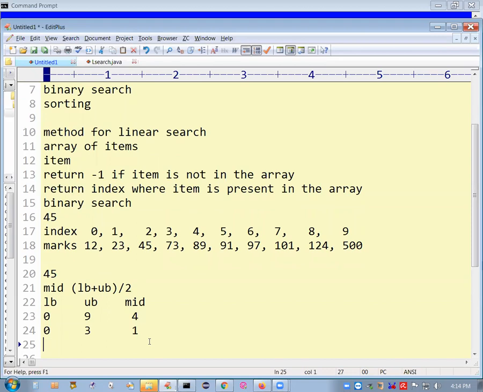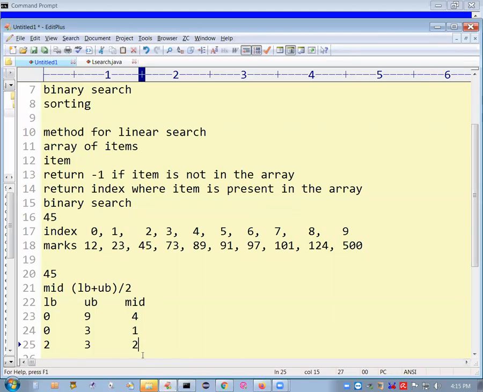So as you can see, for the next iteration, second half means the lower bound will be changed. Lower bound must be 1 more than the middle, so that's going to be 2 here. And your upper bound still is going to be 3 only. Only one of those bounds will change depending upon whether it is to the left or right. So again calculate mid: 2 plus 3 by 2, 5 by 2. 5 by 2 is 2 actually, integer division. Integer division is going to be 2.